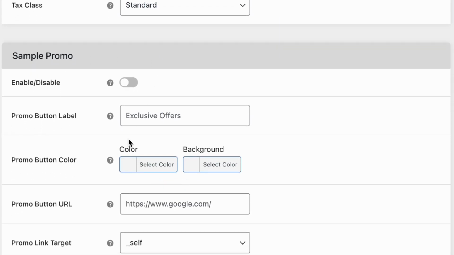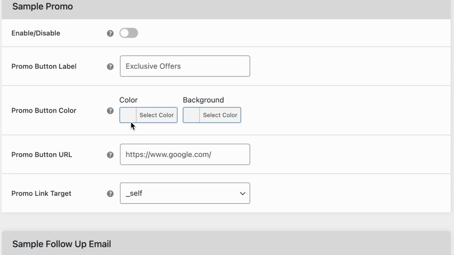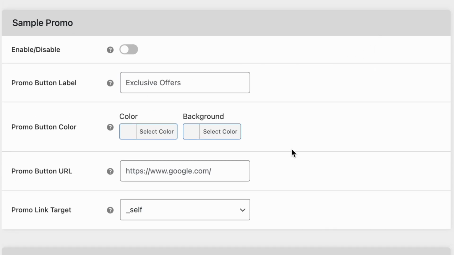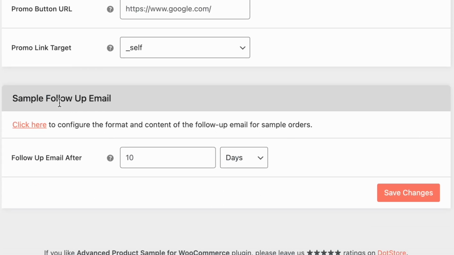Here are some advanced settings, like if you want to enable exclusive offer and the right side bar, and the sample follow-up email if the customer purchases samples. And after that, if you want to follow up with the original product link, then you can add it over here, like after 10 days it will send the follow-up email. So let's save the settings